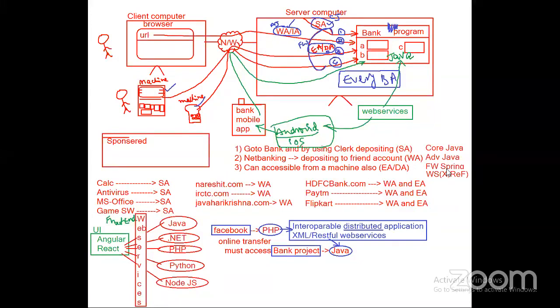We cannot develop enterprise applications. If you want to develop from machines, there is no browser, and when there is no browser, there is no URL. You have to access that program directly. I'll tell you more about the difference between web, enterprise and distributed applications. Advanced Java is also called J2EE. I will give you that clarity probably on Monday: how much course is called core Java, how much is advanced Java, and what exactly J2EE is. Today I'm not talking about it.